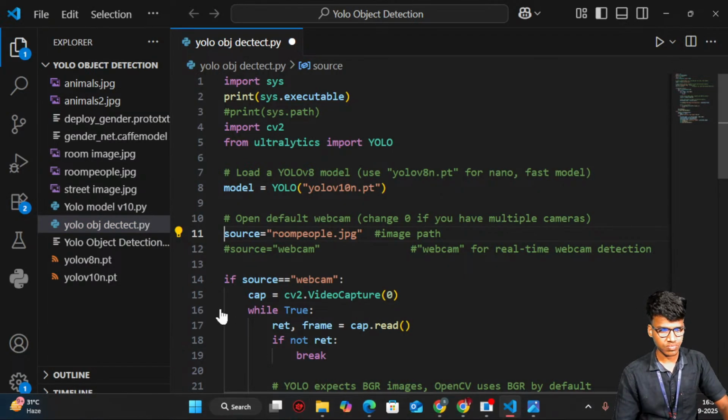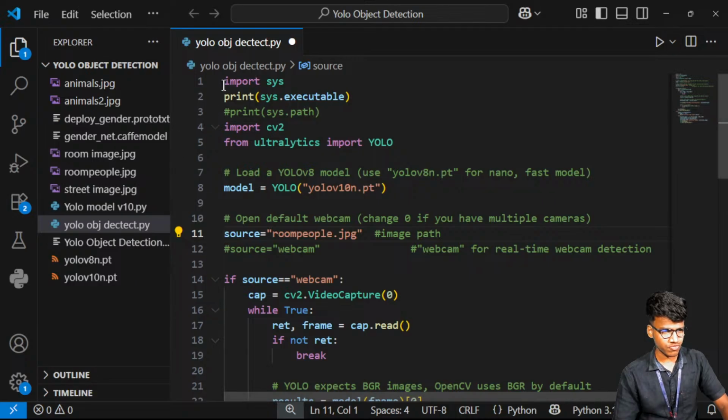So you can see it here. First thing, import sys, that is a system related one, because every model, image, everything will be there in my local system. And cv2 is for image processing, that means computer vision. With the help of the image and the camera, everything is there, that is under the computer vision concept.